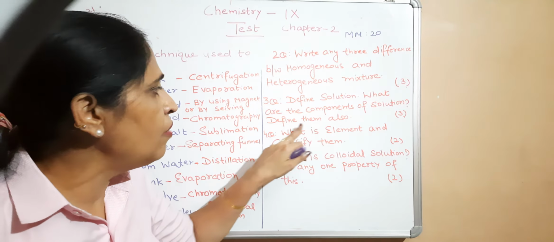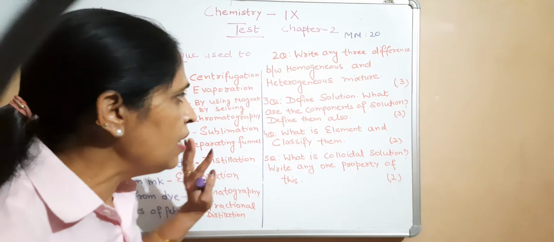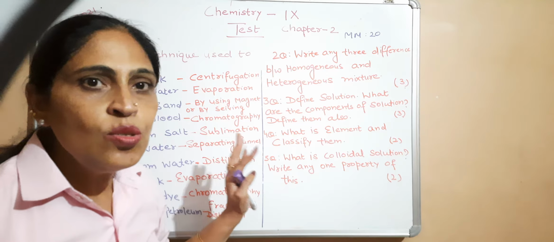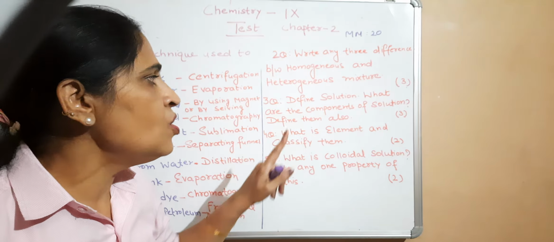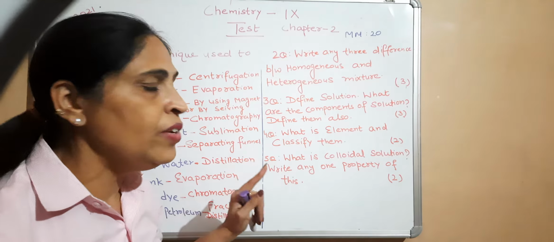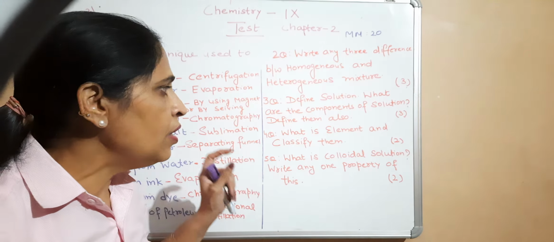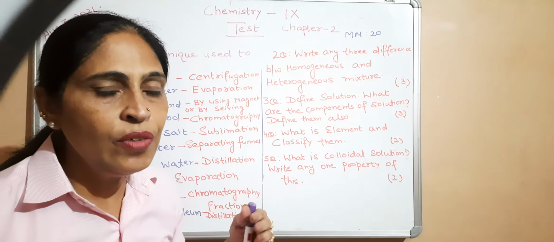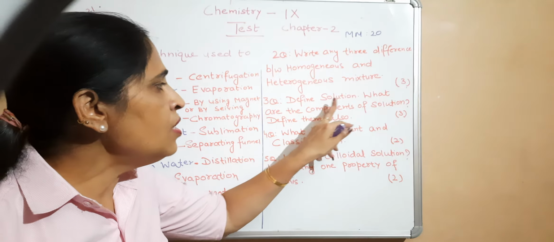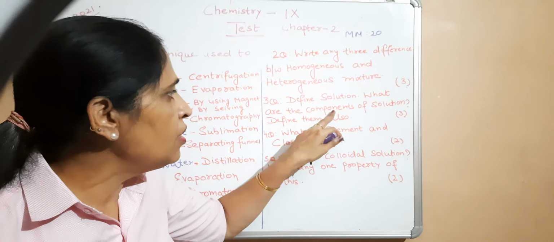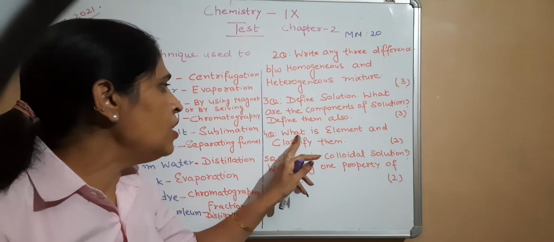It means we have to write the definition of solute as well as solvent. Solute is the component that is taken in less quantity, and that gets dissolved in the solvent, right? And the solvent is the component that is taken in large quantity and in which solute gets dissolved. Just as we say that we are making the solution of sugar in water, sugar is the solute and water is the solvent. In this case you have to write the names of the components, that is solute and solvent, and you have to define solute and the solvent. Got it?